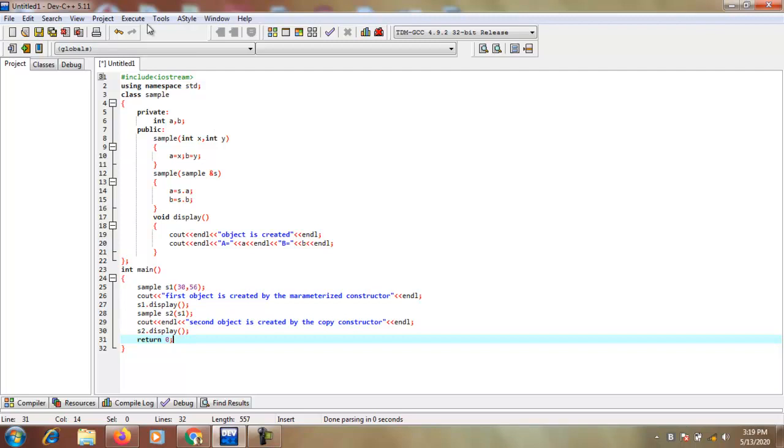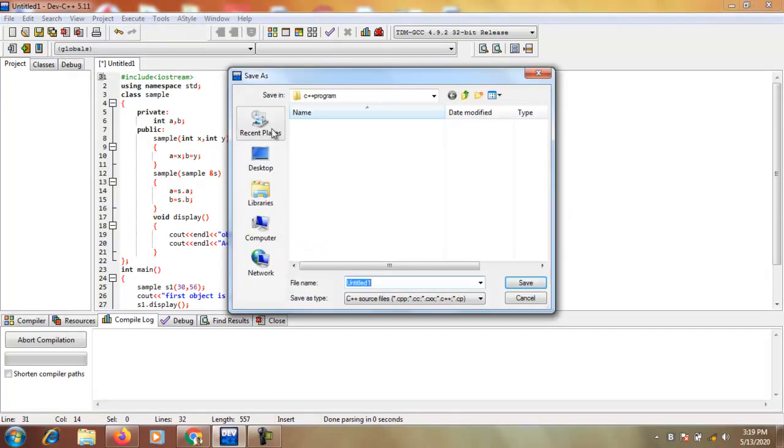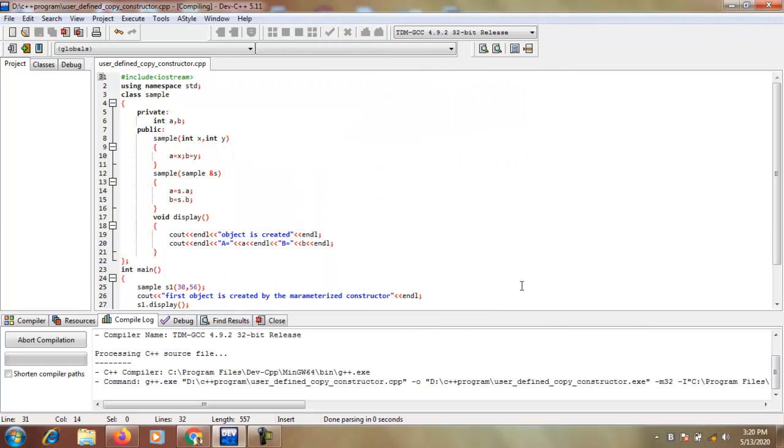Okay, then first compile the program. So first give some name, that means it is user defined copy constructor. Okay, save. Compilation is going on.